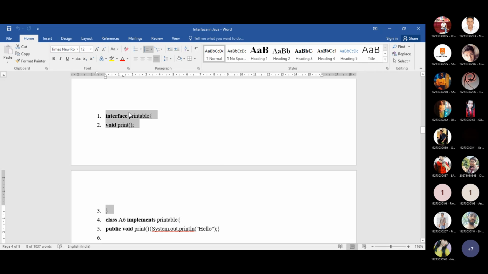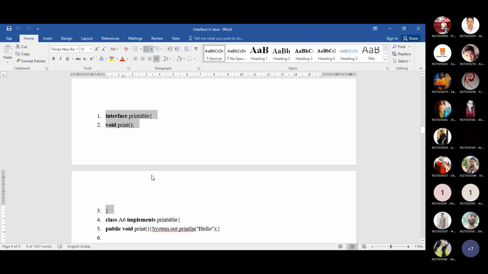First of all, you need to write the keyword interface and then the name of the interface, and within the second bracket you write whatever methods you want to put inside the interface. First of all, try to use methods only. Then we will see whether there will be final variables or other data members or not. Okay, so this is the first scenario.